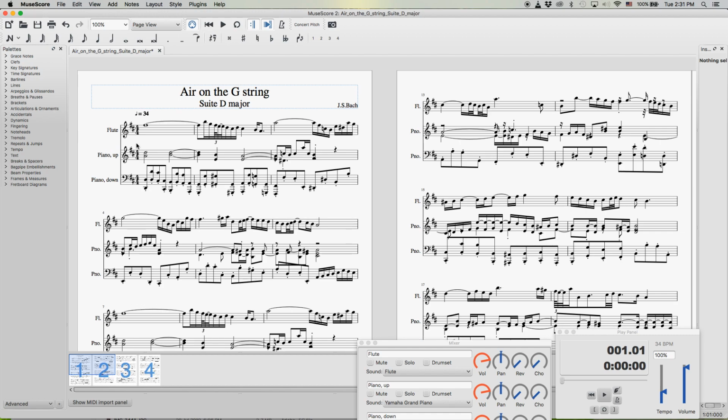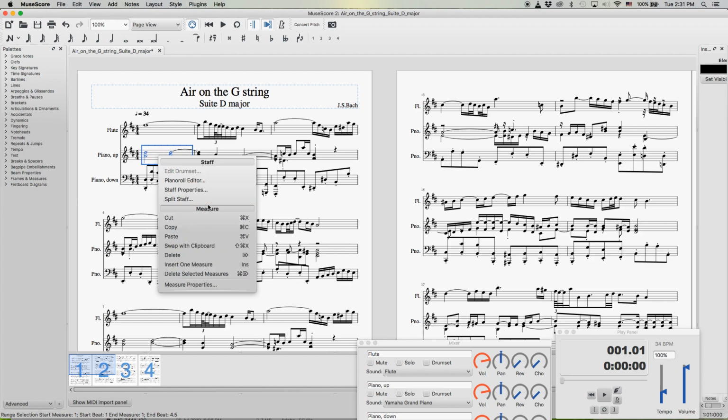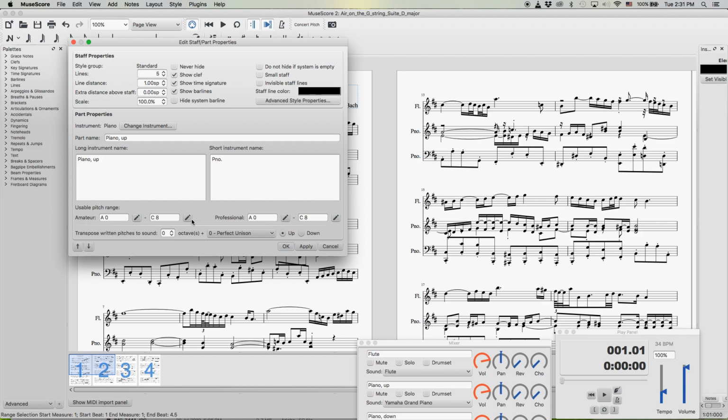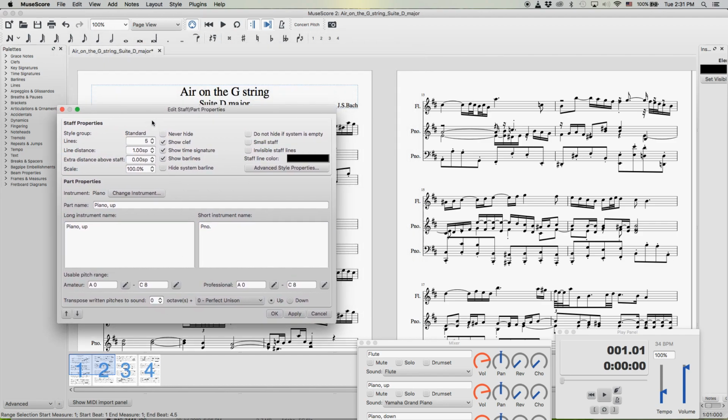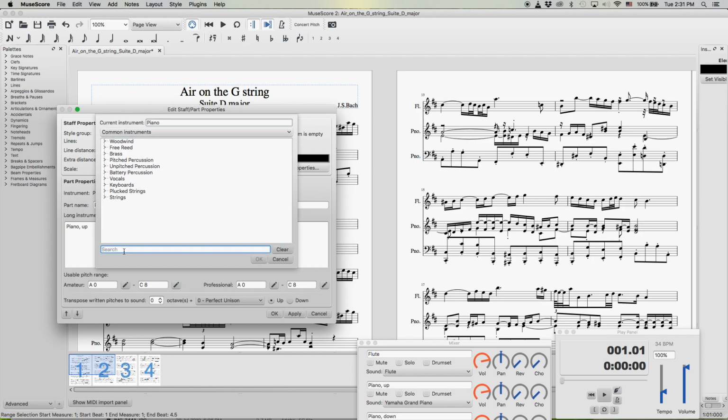But let's say I want to play with the score, but I want an orchestral version. So what you do, you just select this bar, you point at it, and you go to Staff Properties. Now here you have so many options. Most important for us at this moment is the instrument. You can simply choose the search option,